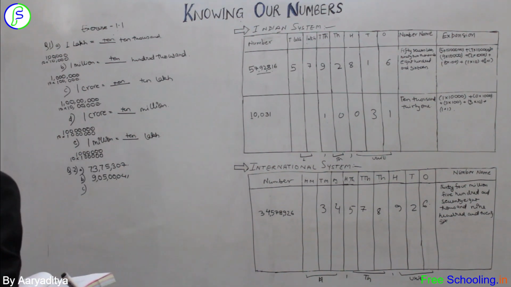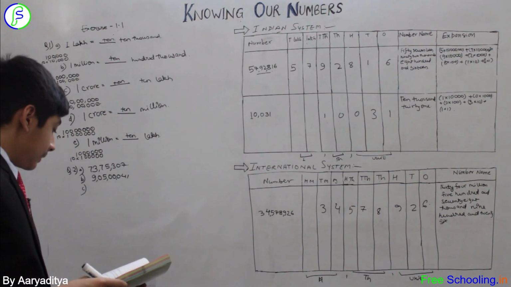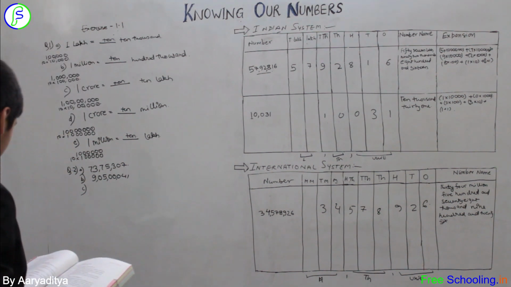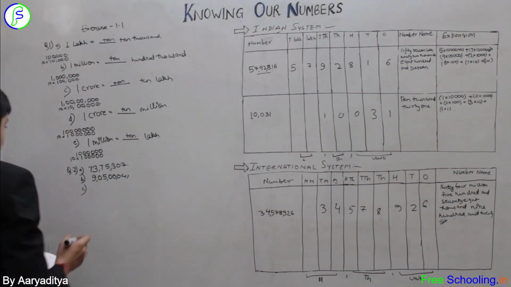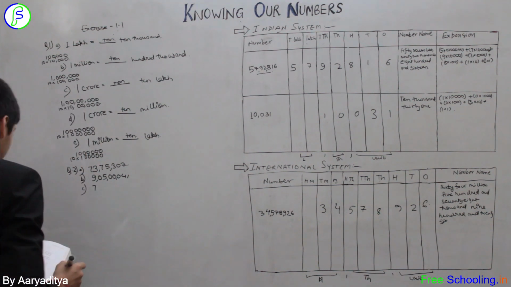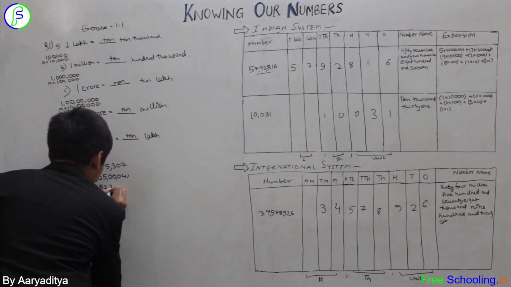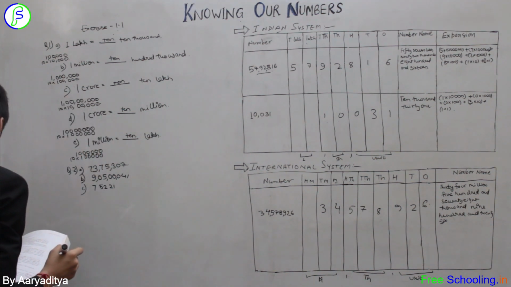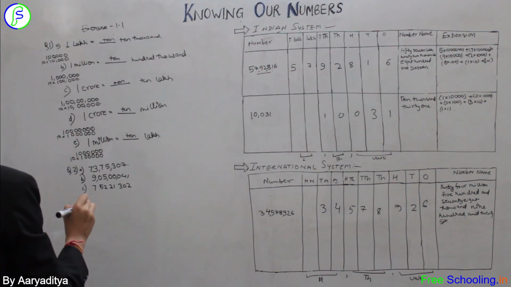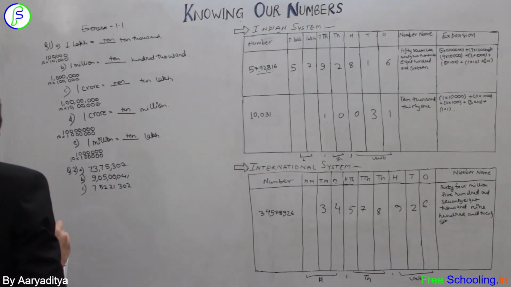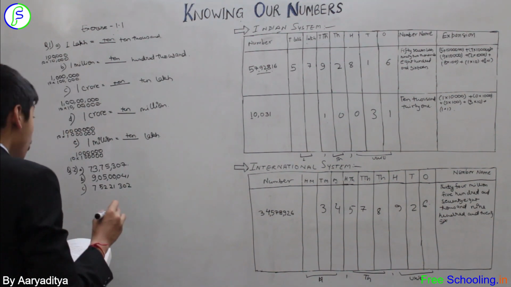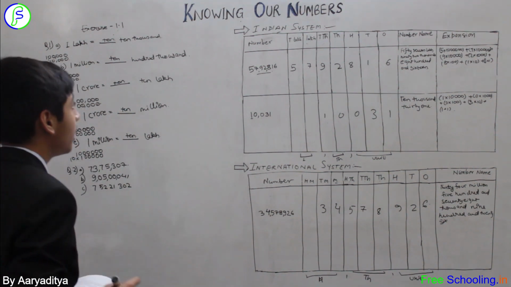Let's do the C one. 7 crore 52 lakh 21,302. Okay, let me make parts of this one. 7 crore, 52 lakh, 21,000, 302. As you can see, there are both crore and lakh mentioned in the question, and they